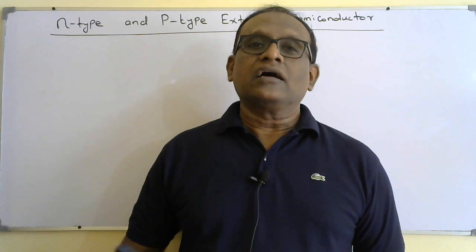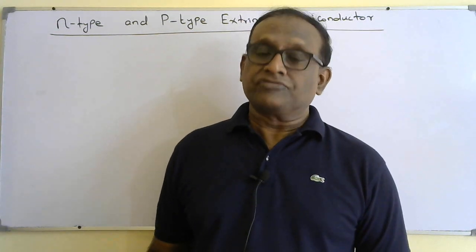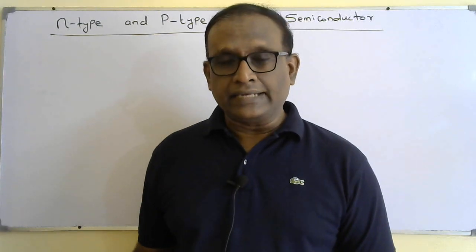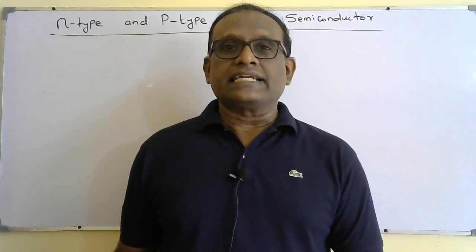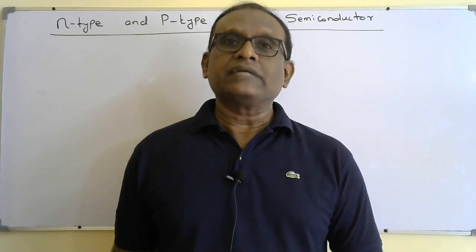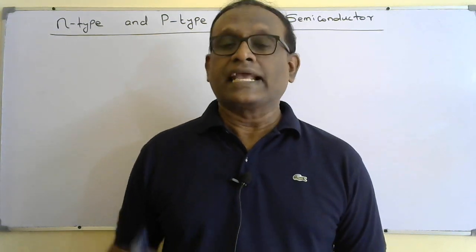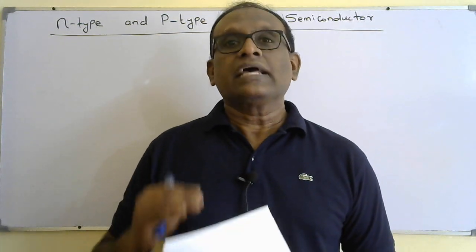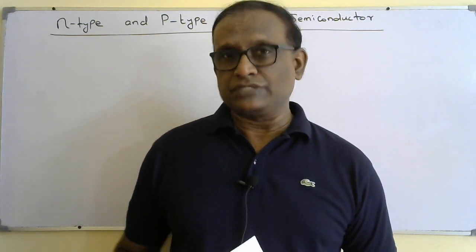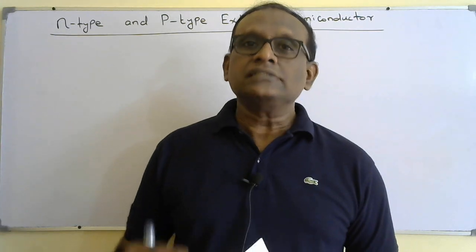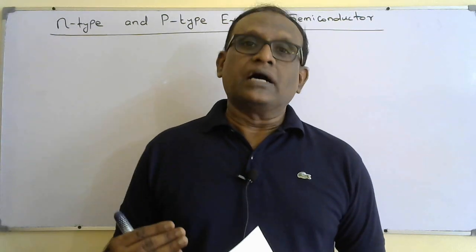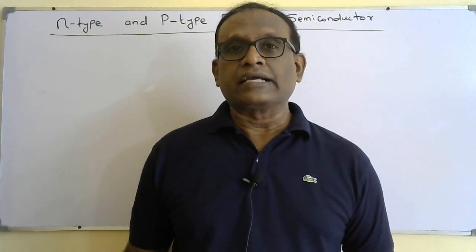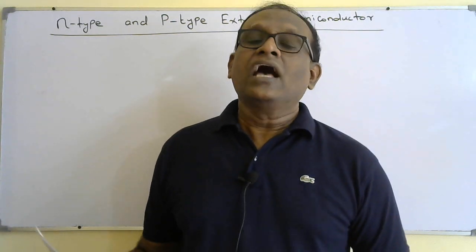So the extra valence electron of the phosphorus will be excited to the conduction band of the extrinsic semiconductor, without creation of any holes in the valence band. So there will be a larger number of conduction electrons in the conduction band. So the conduction electrons will become majority carriers in